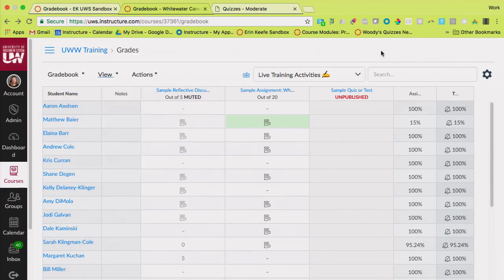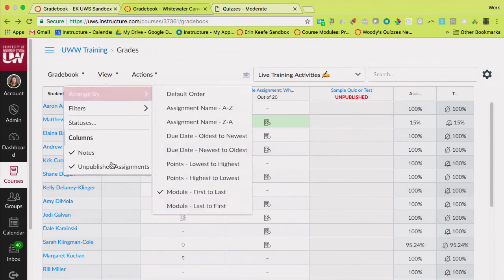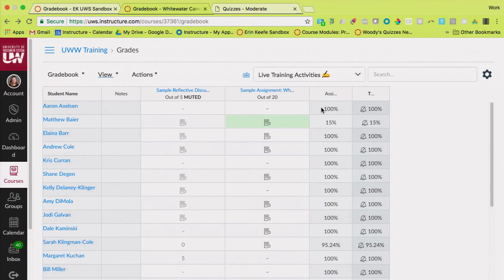Notice that all of my things that are unpublished, they are not counting toward the grade as yet. So you can also suppress those and not see them in your gradebook at all if you don't want to look at them. You can import into the gradebook from a CSV file. I don't think you're really going to need to do that. You can also export this to a CSV. Some people really like to do that. They just want to, they feel good that they've got a copy of it.